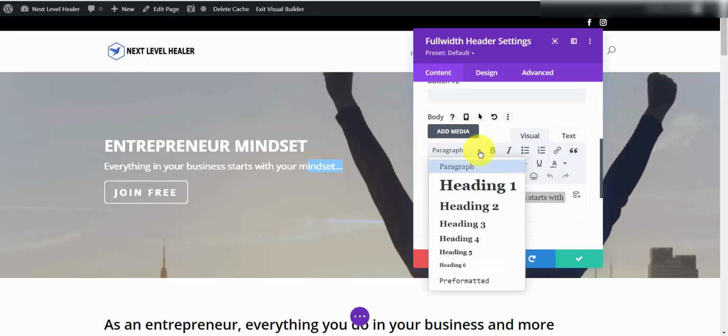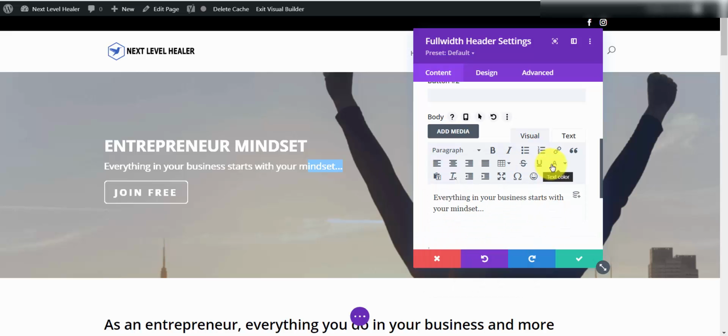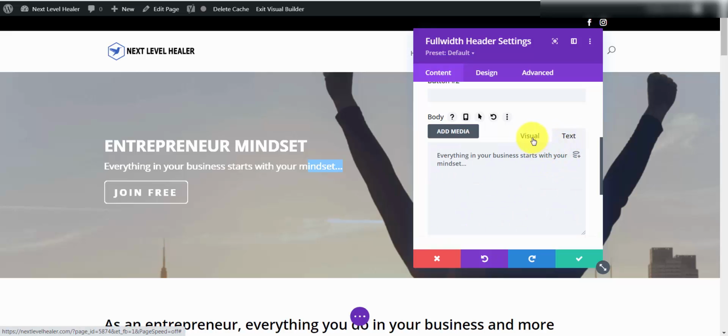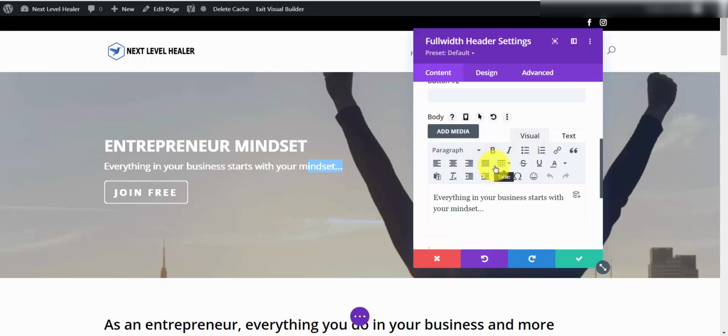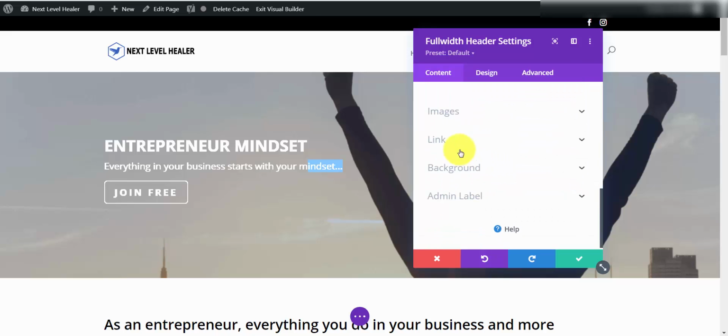If you want to change the heading size to H1, H2, H3, if you know what that is, you can do that there. You can change the actual coloration of the box, and then you can go in here if you want to add text as well. And then as well, right here is the images. So if you want to add a logo image or a header image, but this image